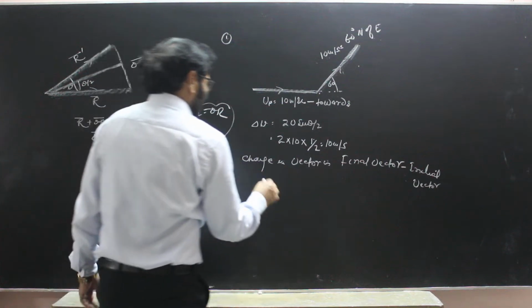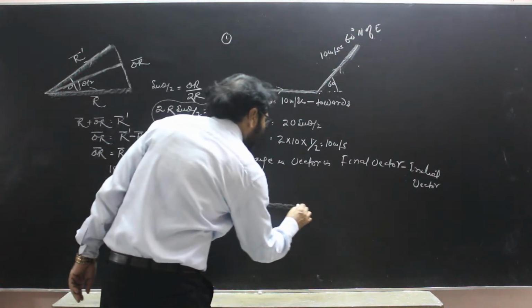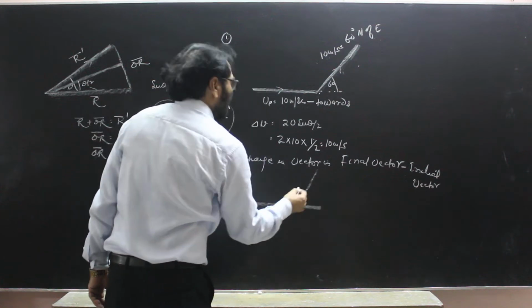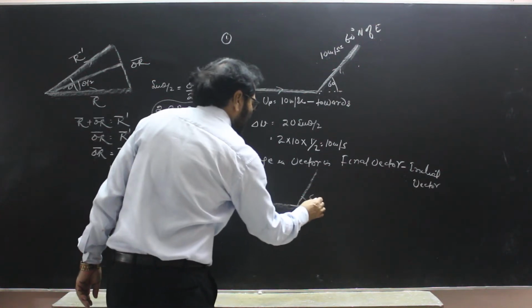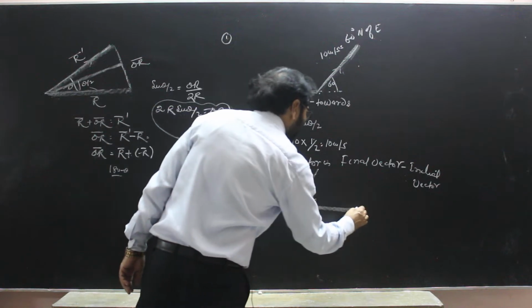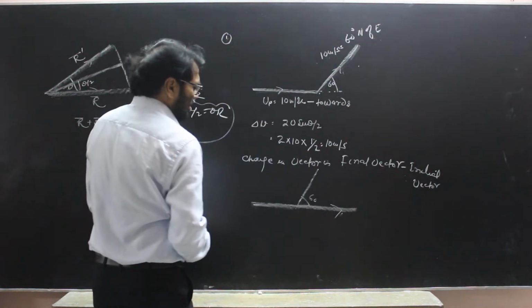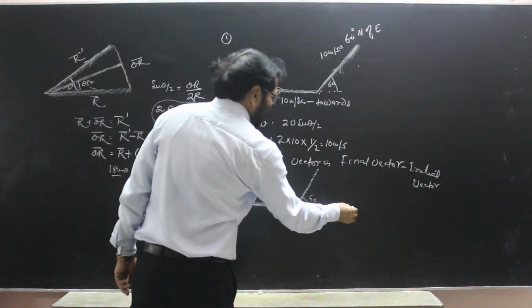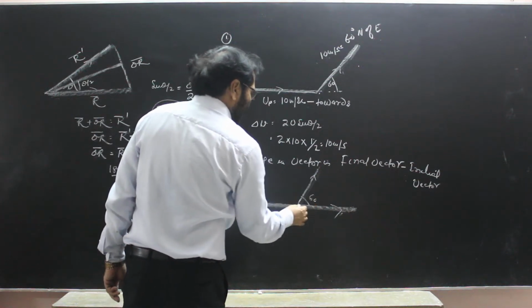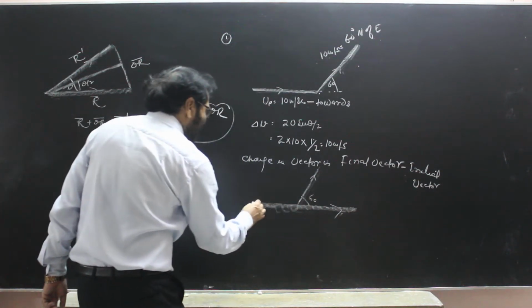So this is your initial vector and this is your final vector, and the angle between two is 60. The particle was initially moving towards east, finally it is moving 60 degree north of east. This is final and this is initial. So this is minus initial,